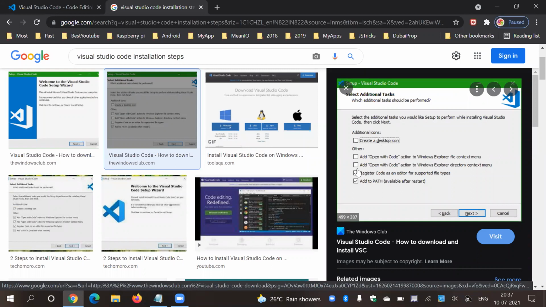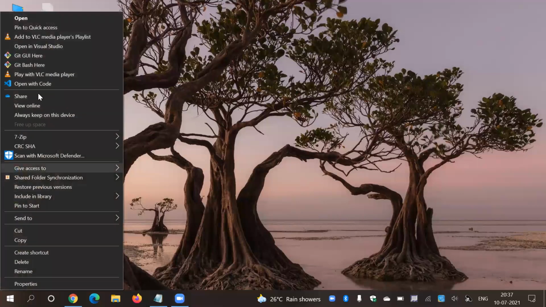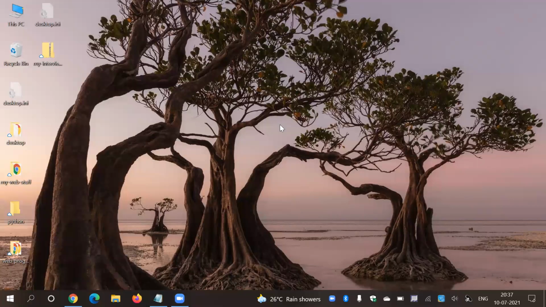Just don't forget to check all these checkboxes, please, because this is very much required. If you want to open a folder in Visual Code, you can simply right click and say open with Visual Code. If you forget to do this, then all the time you have to open Visual Code, then select that folder. That is a bit hectic, right?